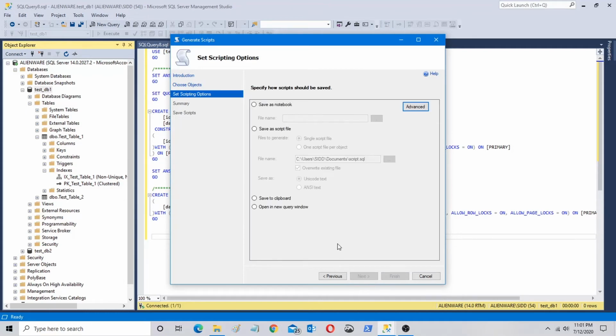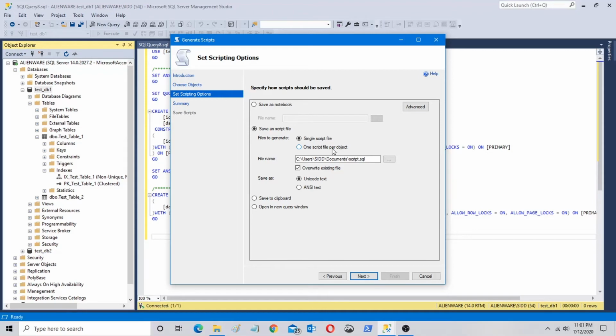Now here again, I got several options. First, for example, I can save it as a notebook, I can save it as a script. All right, and even in a script, the very good thing is you can save one file for each object, right? So in case, for example, you have recently integrated with some kind of code version control methods like TFS, right?